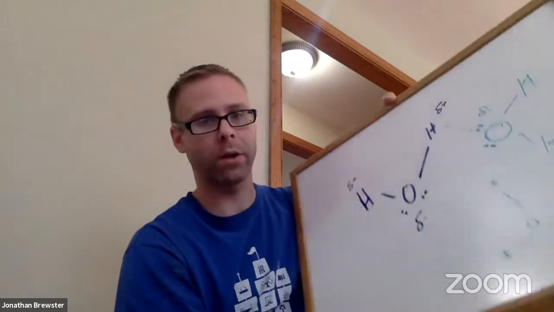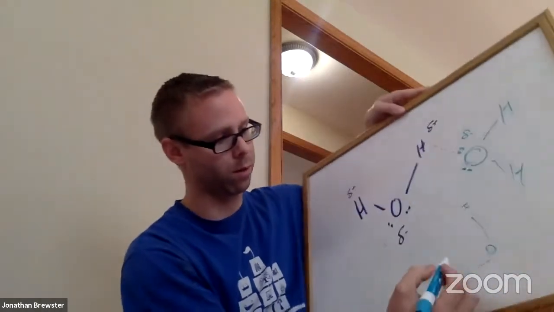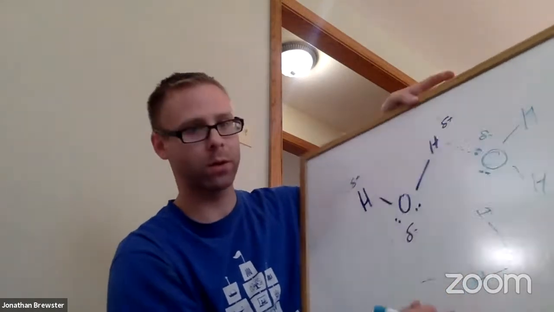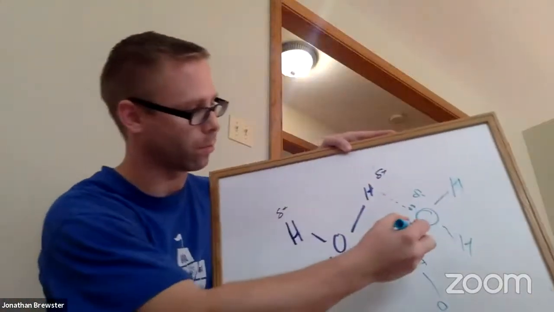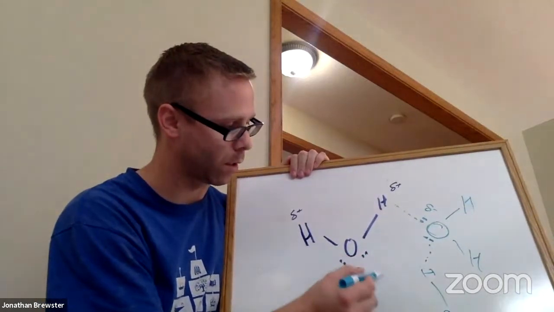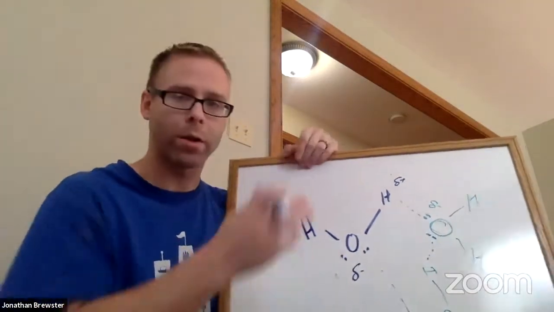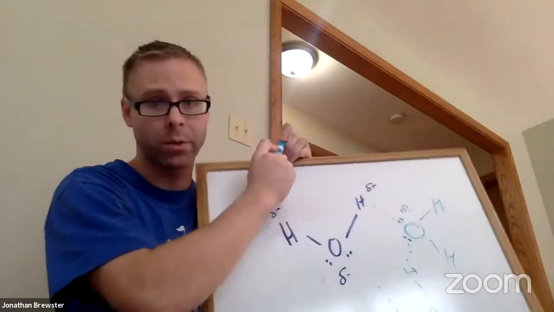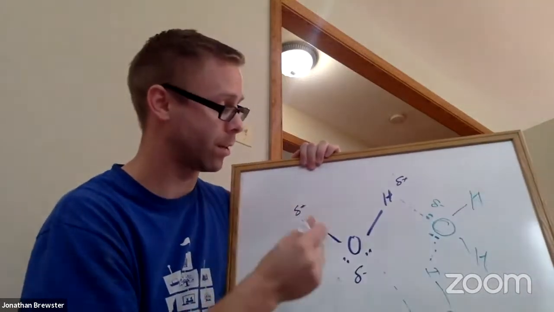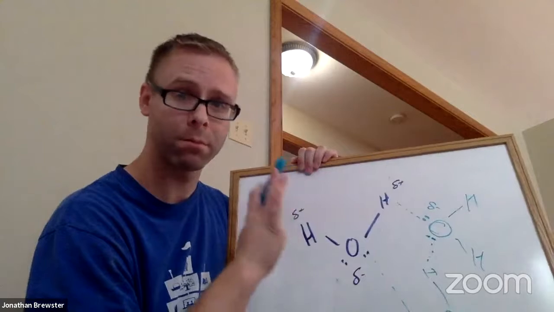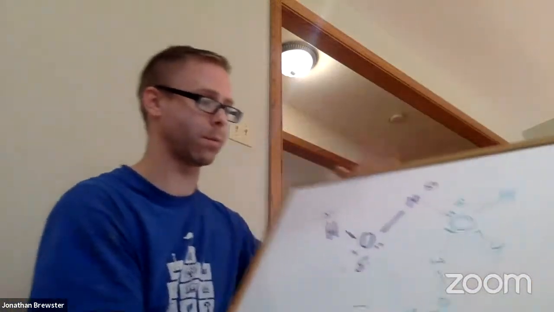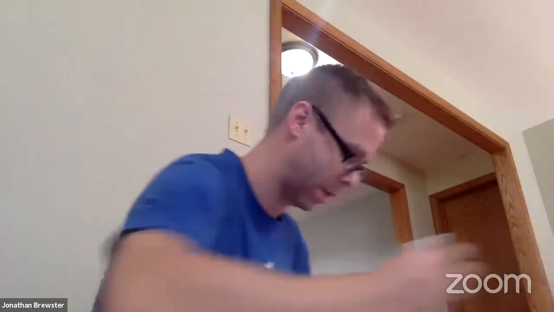I know these are going to look like eyes to you because of how I'm writing them. So I need to write an H. Now they look like H's. Hydrogen bond. Now, the other interesting thing that can occur is these molecules are constantly flying around and crashing into each other. Sometimes they're going to crash into each other with such force that this oxygen is actually going to be strong enough, on a rare basis, to rip this hydrogen away from it. And when that happens, we're going to end up with